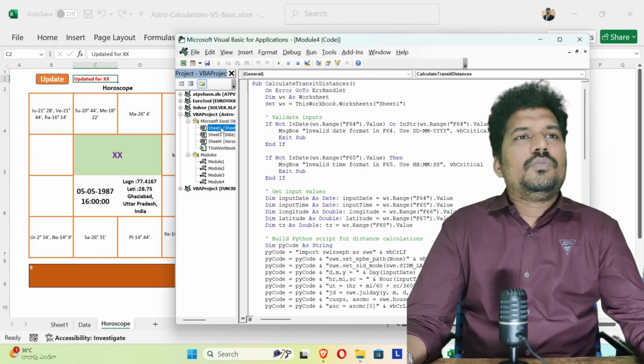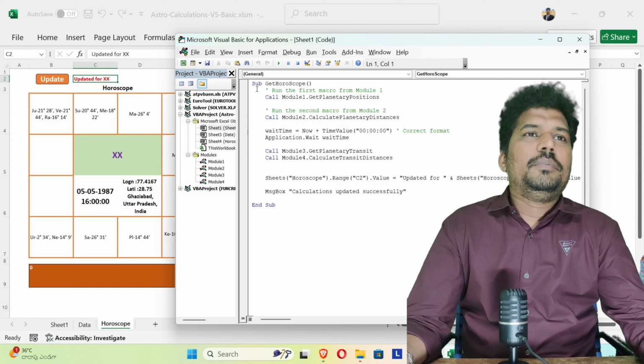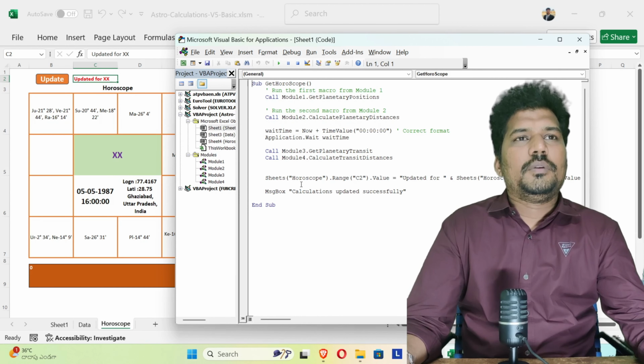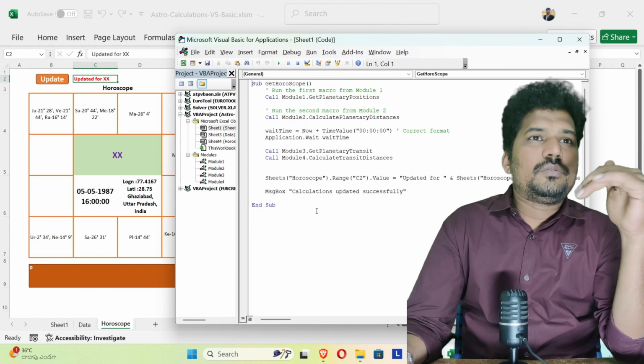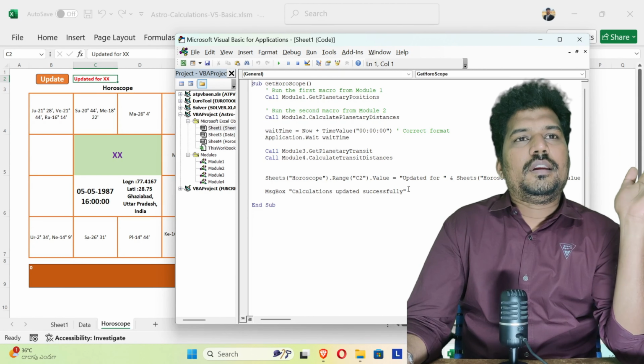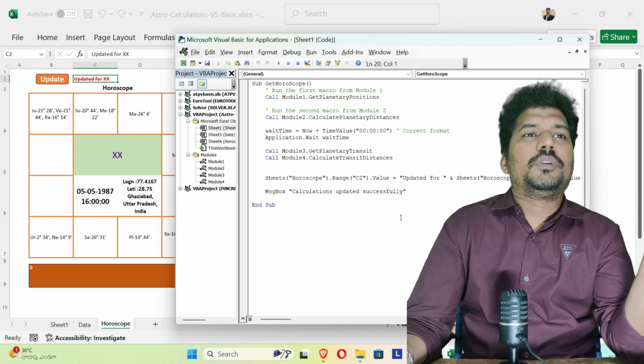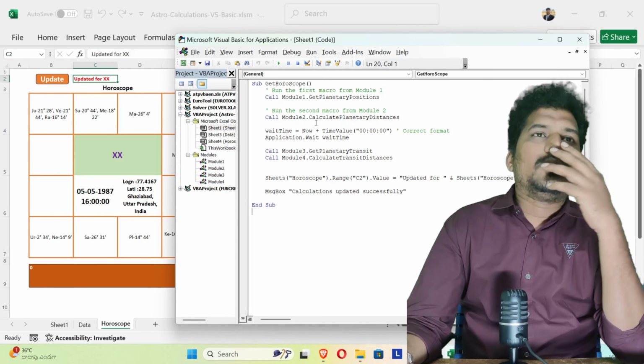These 4 modules will be run here in sheet 1. A VBA program is there which will call all those modules to run the program. At the end, you will get the message box stating calculation substituted successfully. So that's how things went on.